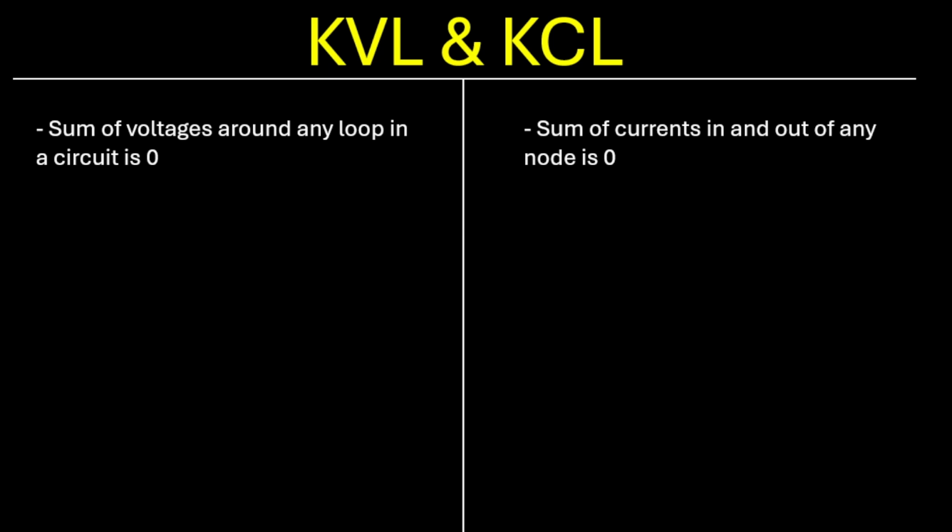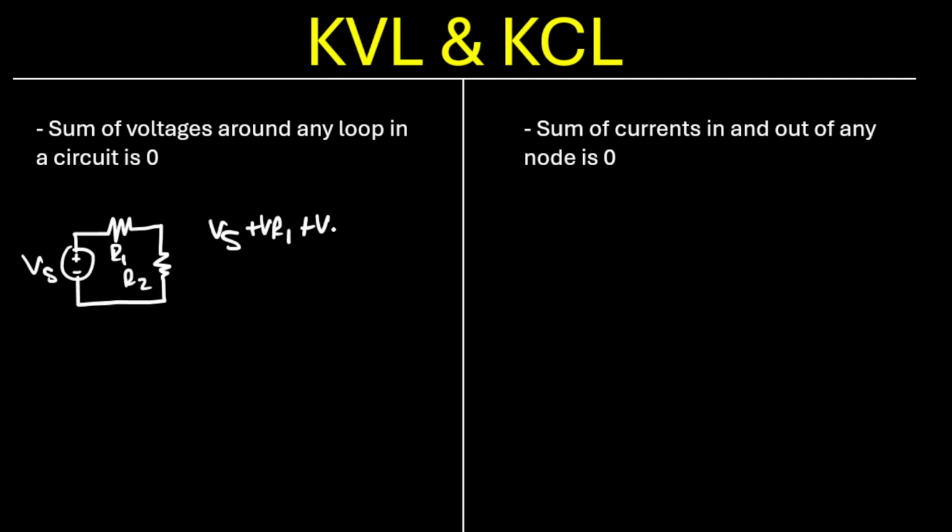Hello everyone. Today we're going to be learning about KVL and KCL. So KVL, or Kirchhoff's voltage law, states that the sum of voltages around any loop in a circuit is zero. So for example, if we have a circuit with a voltage source and two series resistors, R1 and R2, KVL states that Vs plus VR1 plus VR2 equals zero, where VR1 and VR2 are simply the voltage drops across each